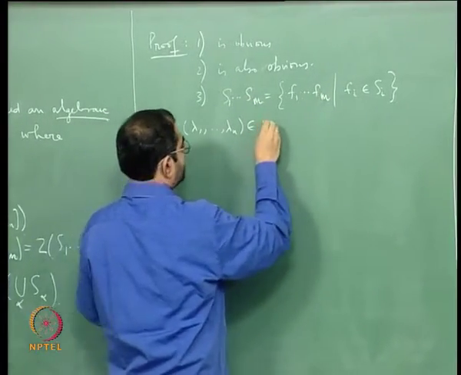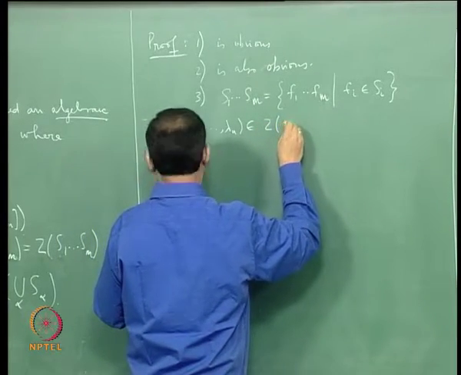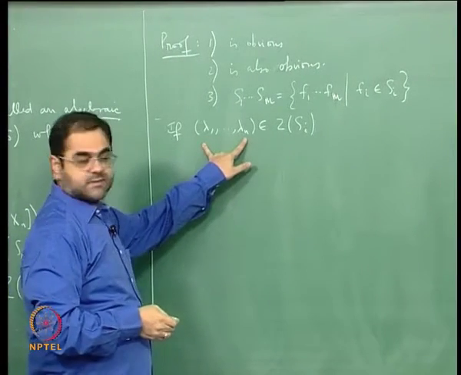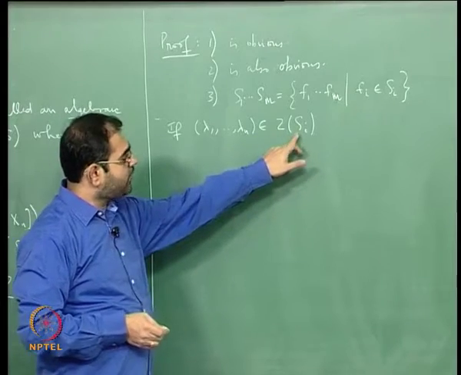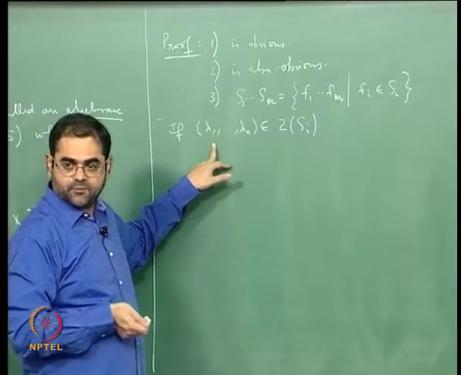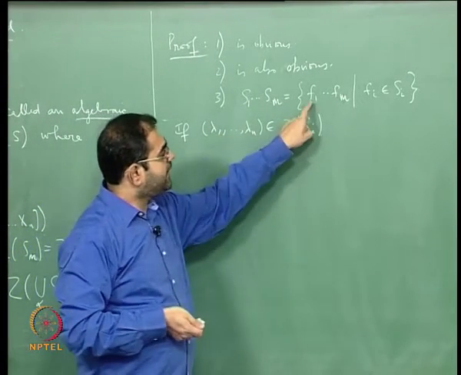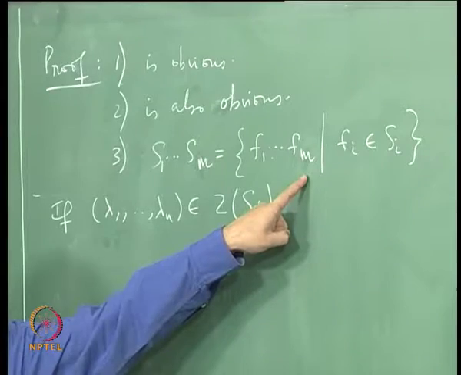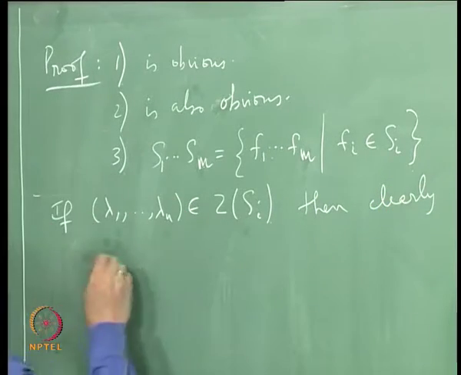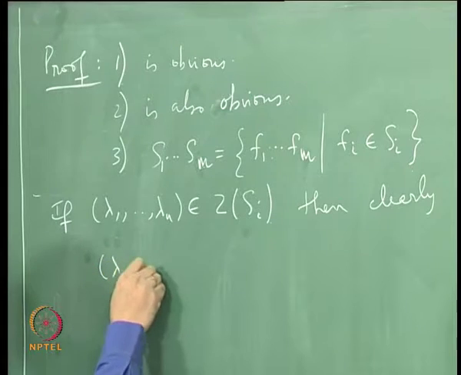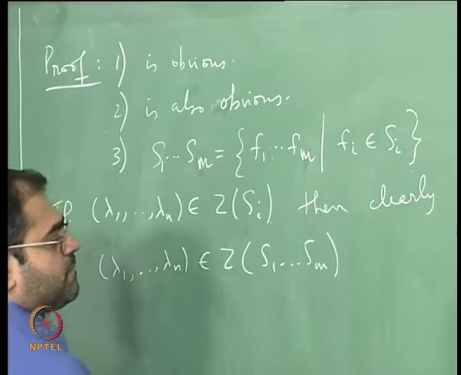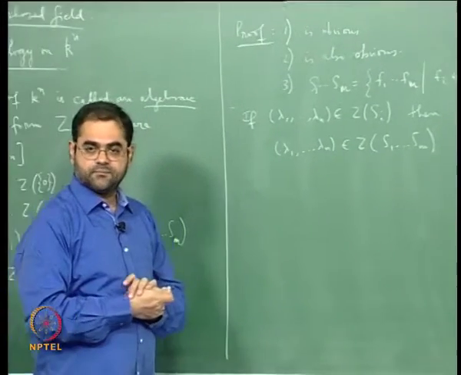If you take an n-tuple which is in Z of Si, what it means is that you take any polynomial in Si and you plug in for the variables this n-tuple, then you get 0, and therefore any such product will also vanish. So clearly this point is in Z of S1...Sm. Okay, that is obvious,